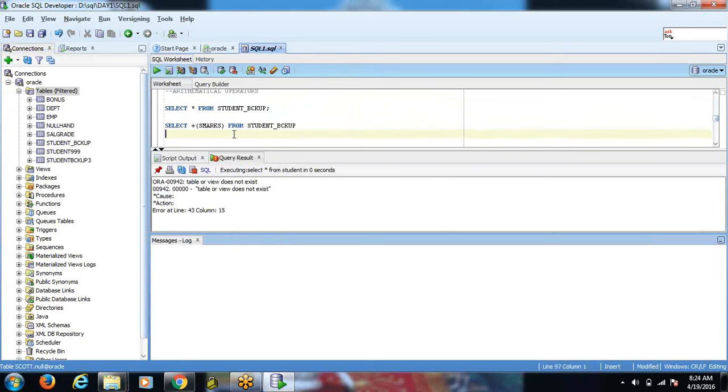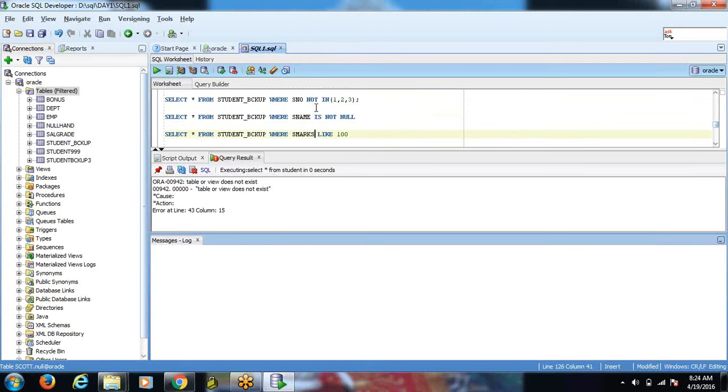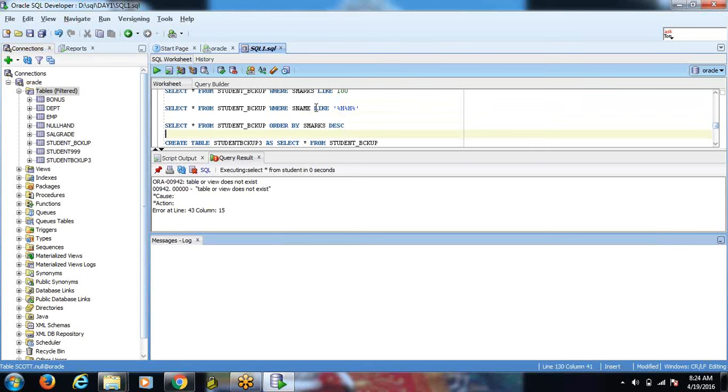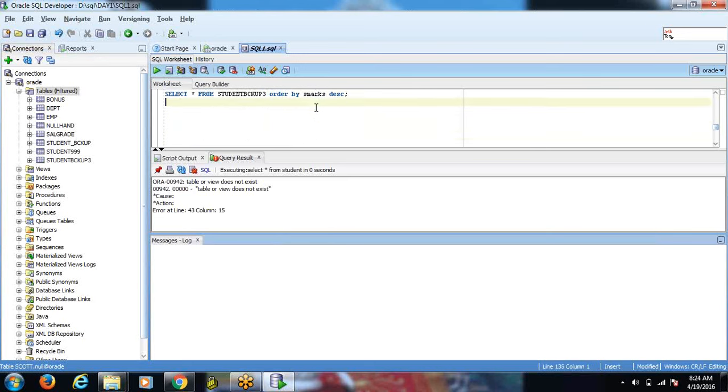We also discussed the different types of arithmetical operators. Addition, and plus represents positive values. Then this is the symbol for not equal to, and these are for equal to and greater than. These are the relational operators. And in, not in, between, not between, null, not null, like: these are the different types of operators we discussed. Got it? This was just a short review of the class, because there was a long gap between the classes, which is why I discussed all the concepts again.